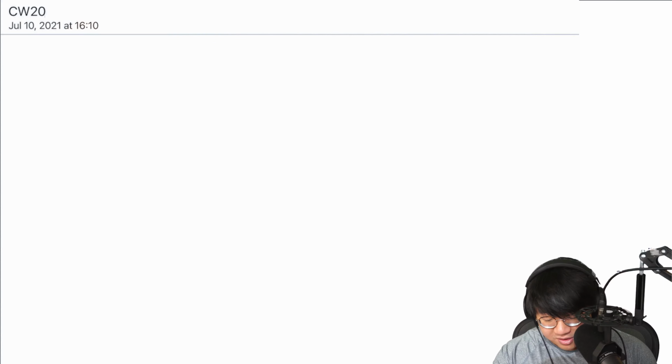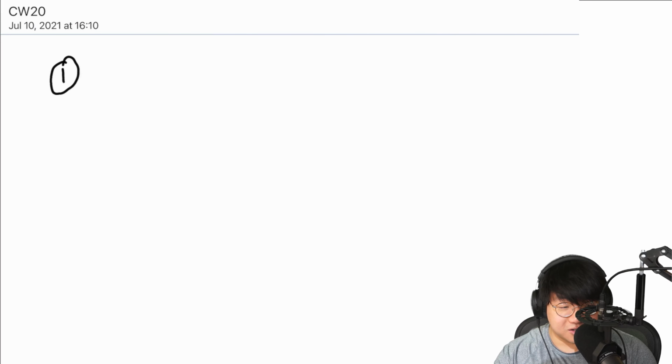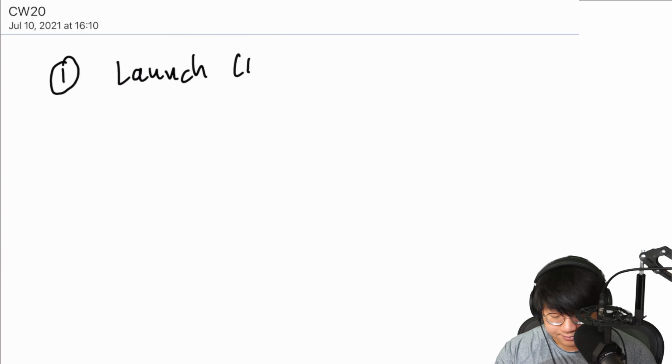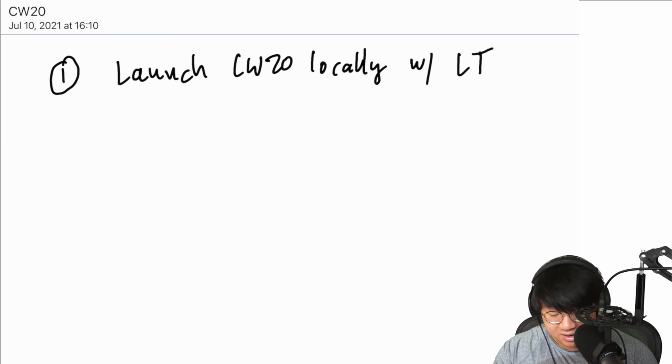So the first thing we're going to do is launch our own CW20 locally with local Terra. And then we're going to be using the TerraSwap variant of CW20.